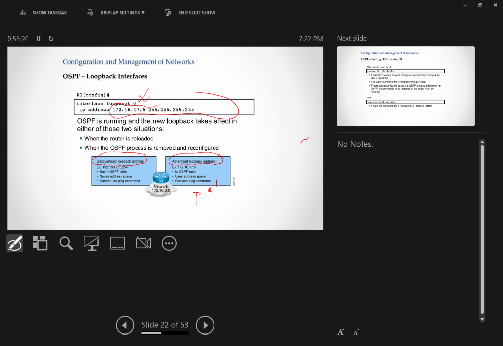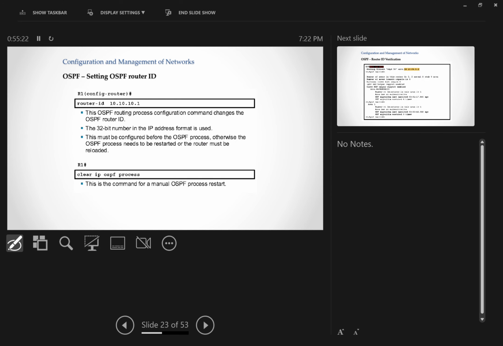Okay, so the best way in terms of router ID is not to rely on the selection of the highest IP address. The better way is to configure it like this. And this is not an IP, it only has the format of an IP. There's actually a rule that people usually follow, which is, if I give a name to my router, for example, router 1, then I come here and I use